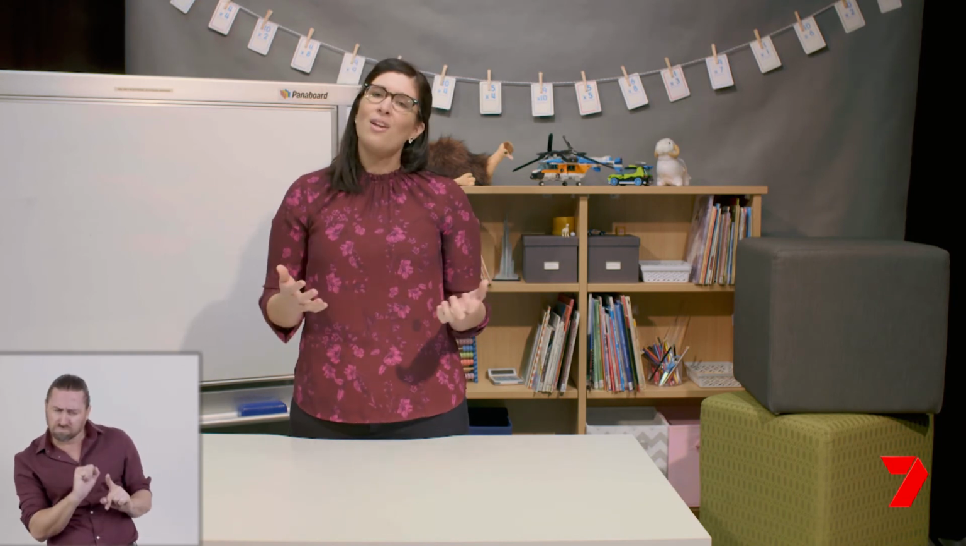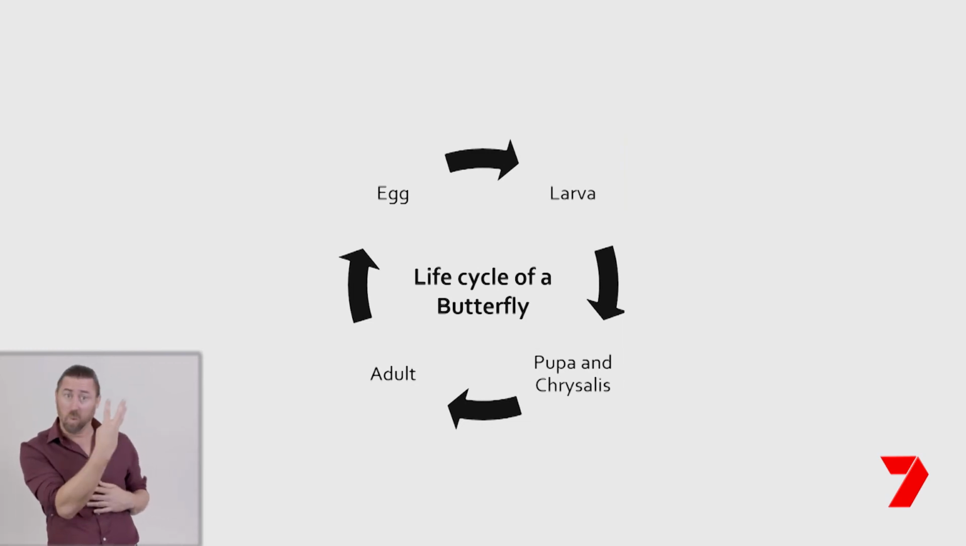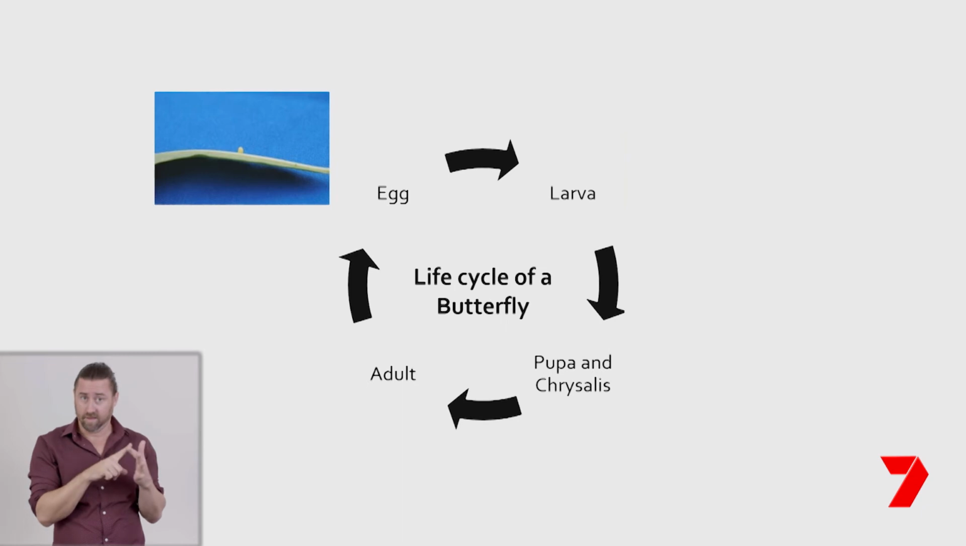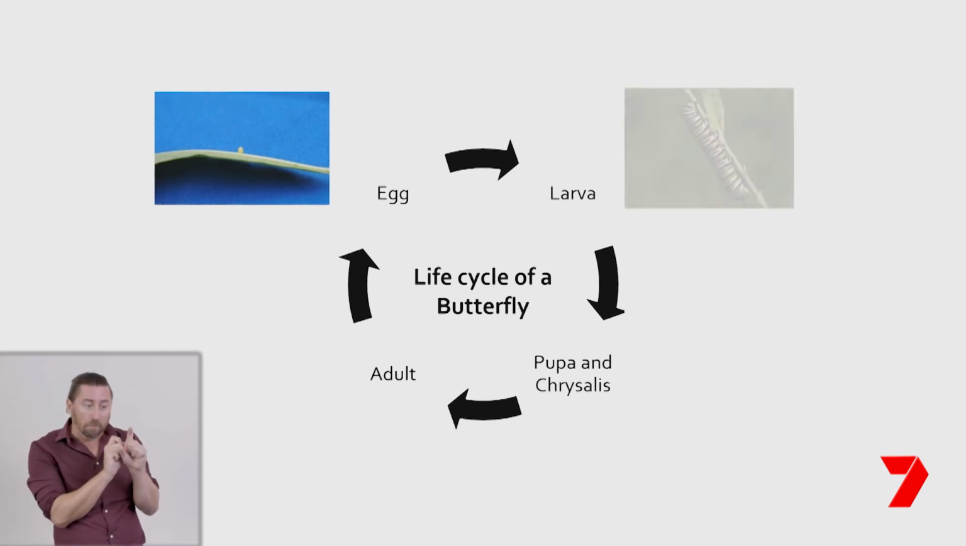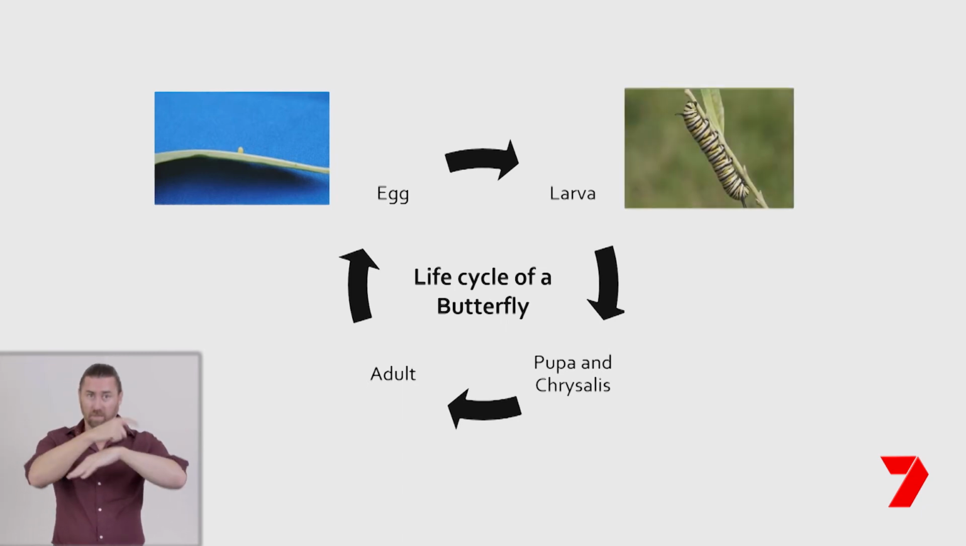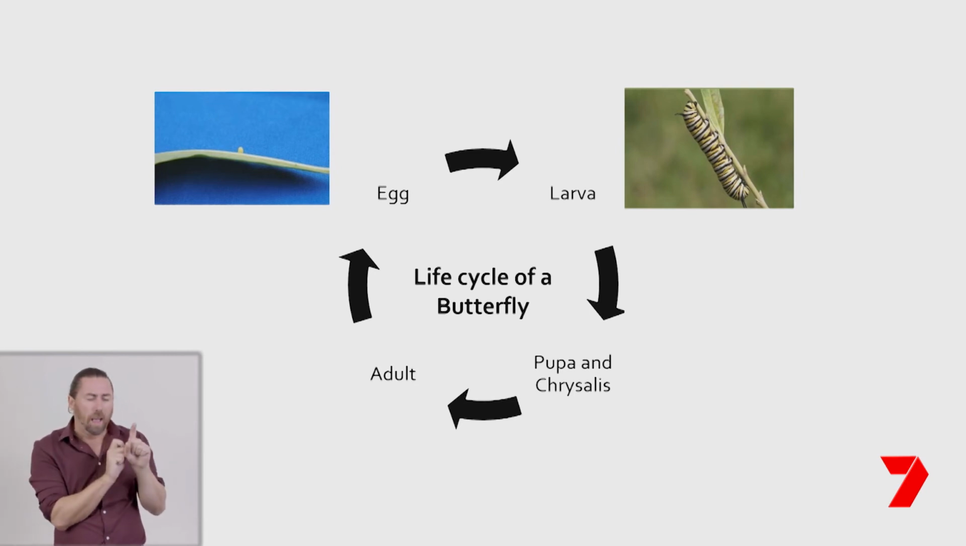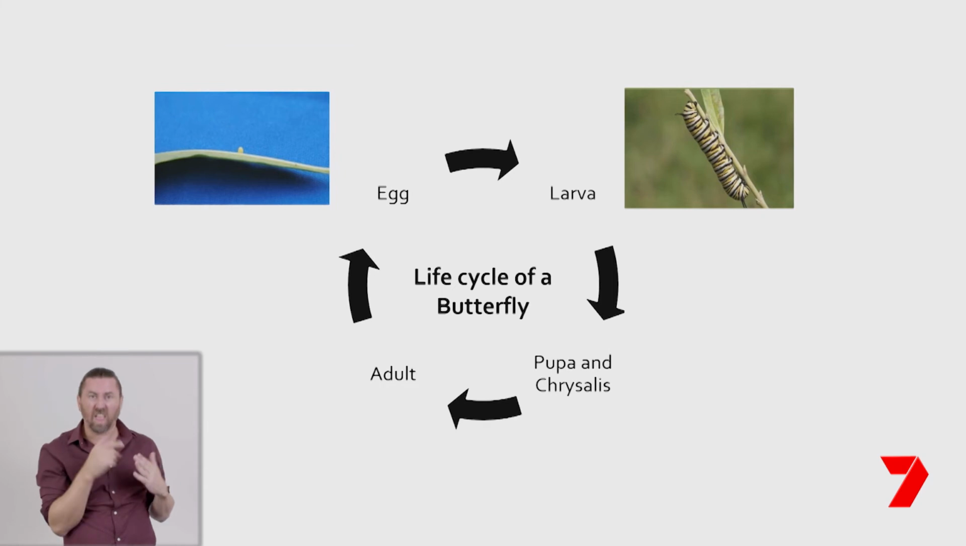Let's take a closer look at metamorphosis in the life cycle of a butterfly. Butterflies follow 4 stages of development in their life. Here we can see that the larva hatches from butterfly eggs. The larva is the caterpillar stage of the life cycle. It takes about 4 days for the eggs to hatch, and the caterpillar then spends the next 2 weeks eating